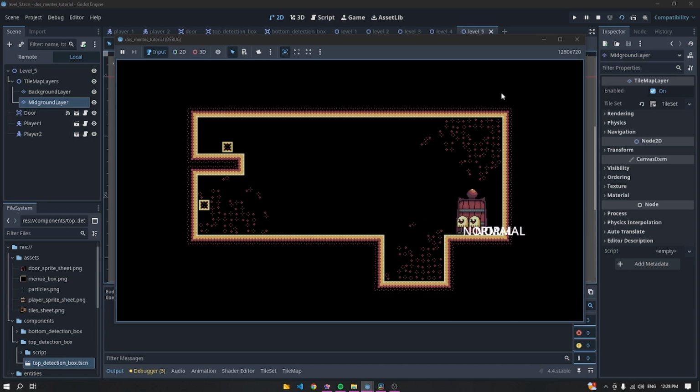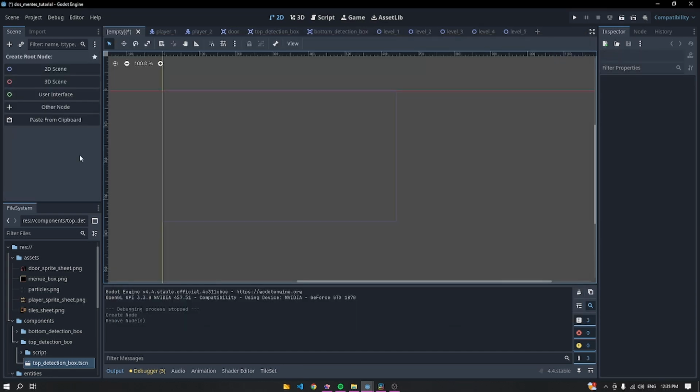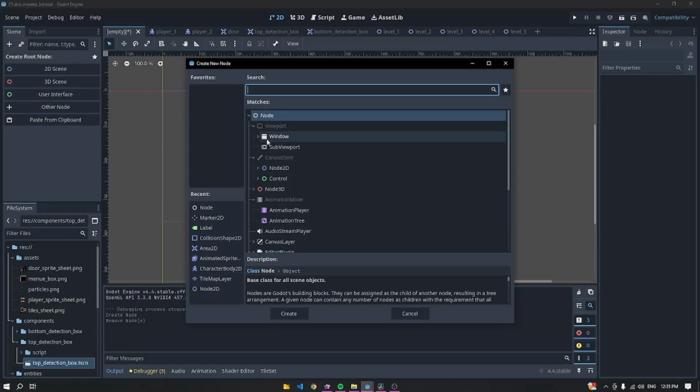Awesome. So now we have our 5 levels set up. What I want to do is create a game manager to manage our levels so that we can easily transition between each stage and actually use our door entity. So let's get started. I have an empty scene, and what I want to do is get a node, just a base node,